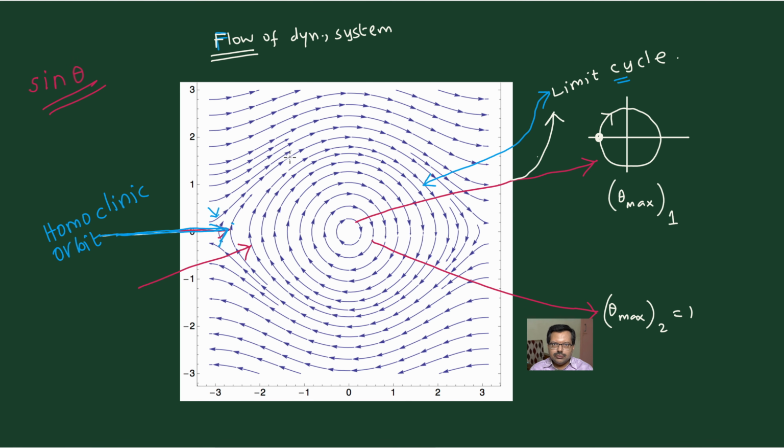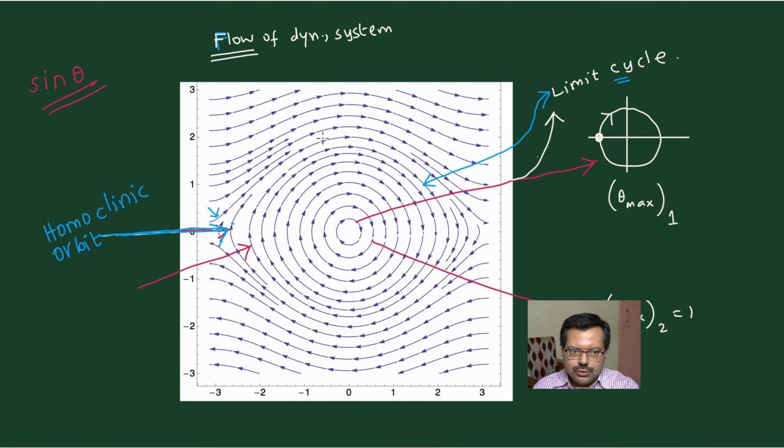Basically, it is a temporal evolution of a dynamical system. Temporal evolution means that with reference to time, the dynamical system changes. That is what is known as the temporal evolution of a dynamical system. And because of the structure with the arrows here, people also use the word flow of the dynamical system. Both are the same ultimately. In the simple pendulum, nothing is actually flowing, but the phase space trajectories have arrows, and therefore it looks like something is flowing. So this terminology, flow of a dynamical system, is frequently used when you are studying the phase space portrait.